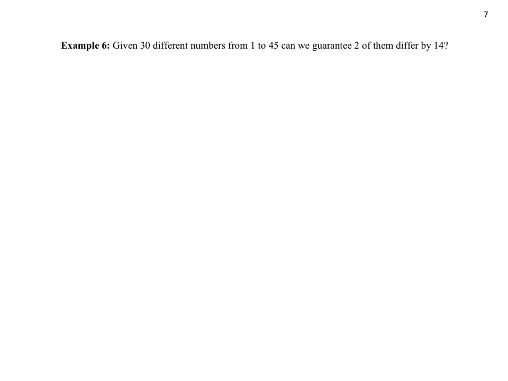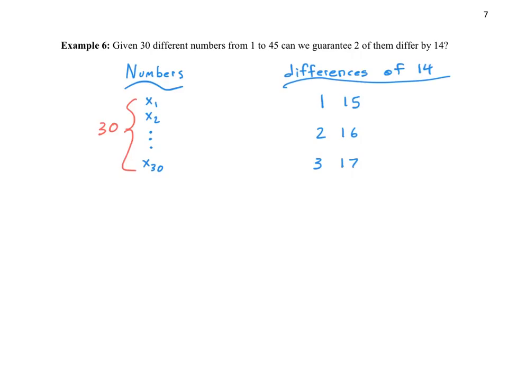This is kind of similar to that problem where we've got numbers and instead of looking at a sum, we're looking at a difference, but it should be a clear comparison to what the pigeons are and what the holes are. So just like before, the numbers are going to be our pigeons and the holes are going to be all the ways that we can differ by 14. Okay, so as we're listing differences of 14, we've got 1 and 15, 2 and 16, 3 and 17, and as we keep moving along,